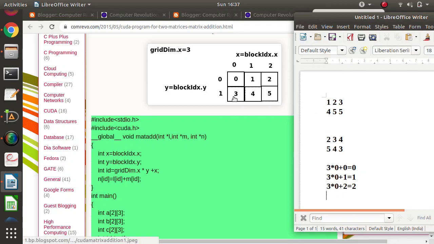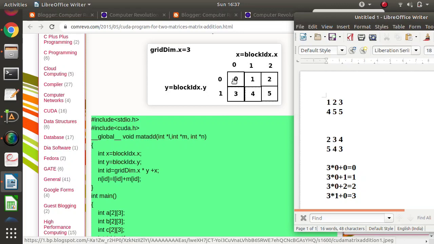Now for this, griddim dot x, that is 3, into y, where y is 1, plus x value 0, so that will be computed as 3. In the same way we can calculate 4 and 5.